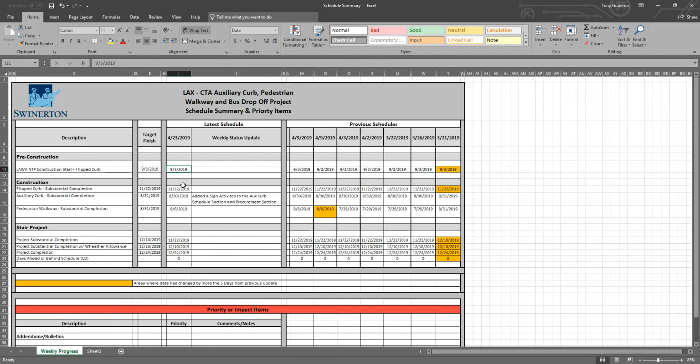And we're going to go in and populate the dates from our P6 schedule at the same time. So we're going to go ahead and delete them. I'm going to start a fresh one. I know that we made some changes in the auxiliary curve. We added detailed schedule for